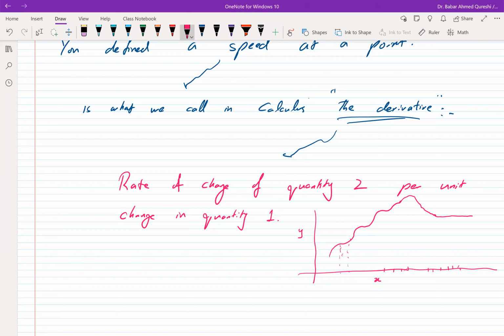So notice that if you are just at one point, then you just know about the value of the function. You don't know how it's changing, because to know how it's changing, you need to know what's happening at other points. But this derivative gives you a process of defining a rate of change at each point, which becomes very useful.